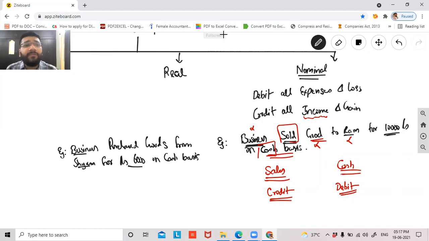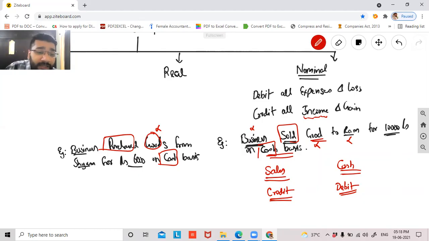every transaction will have two accounts. Tell me, guys, which two accounts are affected here? Purchase, cash. One account is purchase, another account is cash. Super, brilliant. Purchase and cash. Now you may ask, sir, why is goods not taken into consideration? I told you very clearly, when you are accounting for purchase, when you're accounting for sales, goods is taken care of. Purchase means goods coming in, sales means goods going out. So your goods is taken care of.